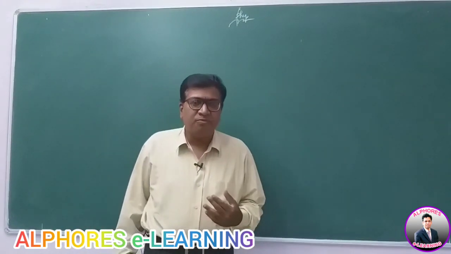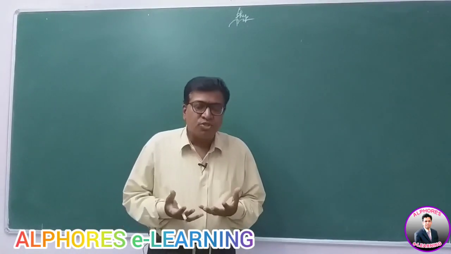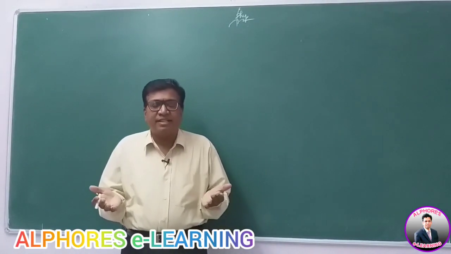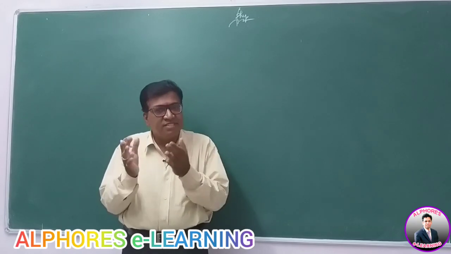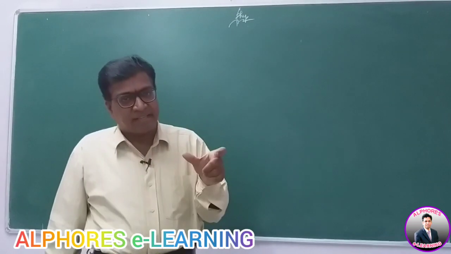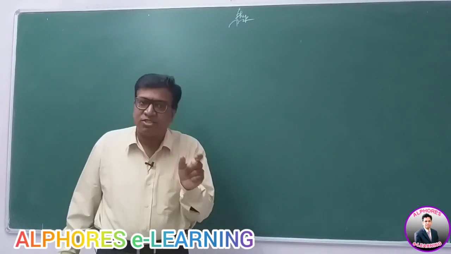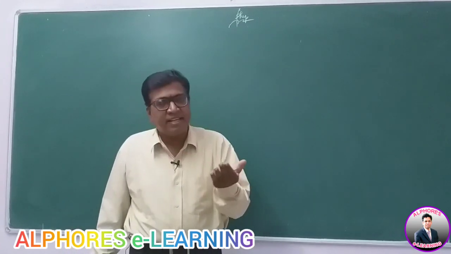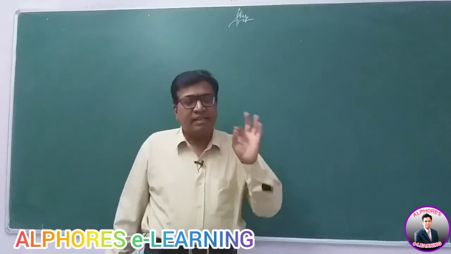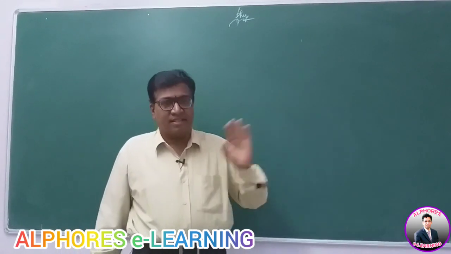So I was telling you, physics is a subject of measurement. You measure. So when you measure things, then you get a quantity called physical quantity. Physical quantities are of two types, scalars and vectors. Scalar is the quantity which has got magnitude but has no direction. Even if it has direction, it has no significance. Vectors are quantities which have got both magnitude and direction, and they obey the laws of vectors.